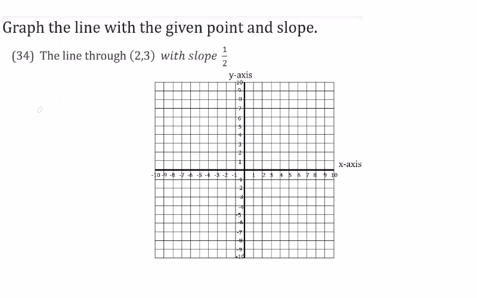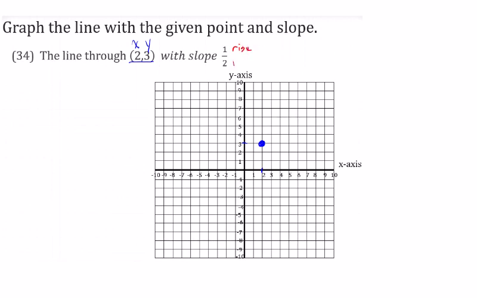So number 34 says we have a line 2, 3, which means x is 2, y is 3, right? So that's a coordinate point. So I can plot that. So 2 on the x-axis and 3 on the y. That's where that point goes, right? So then with slope, 1/2, right? So remember that's rise,